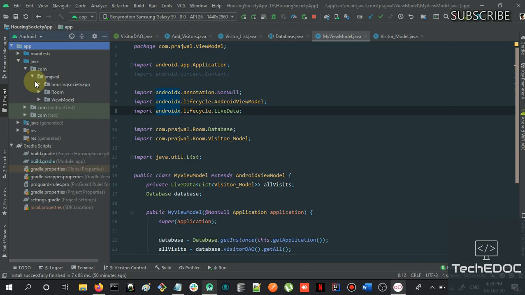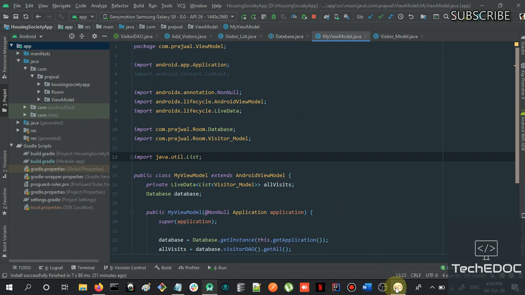MVVM is Model-View-ViewModel architecture, so that this app won't be affected by orientation or configuration changes, such as rotating the device or changing the language of your device and then returning to the app, so it won't restart your app from the start. That will be handled.